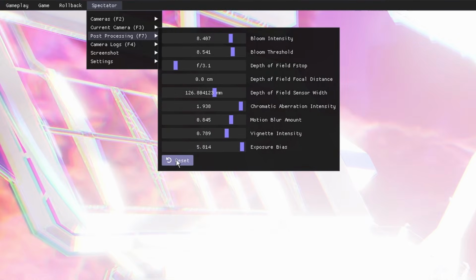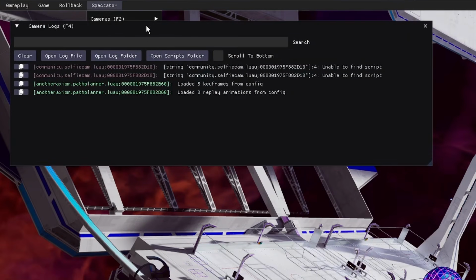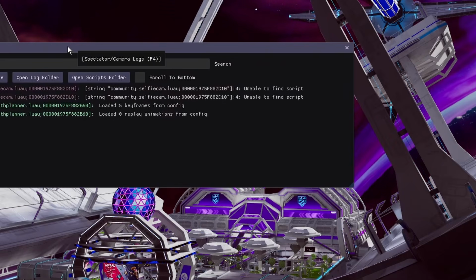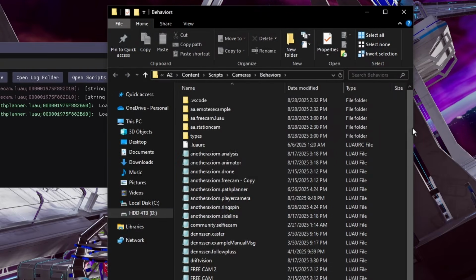Depending on how much you change it, it can get really bright. Your camera logs, F4, is one that you use when you're adding scripts to your computer. When I click on Open Scripts folder, it opens the files where I can click, drag, and drop my new